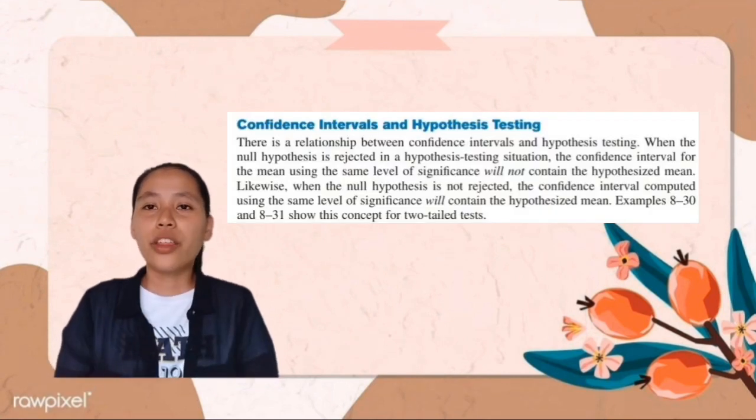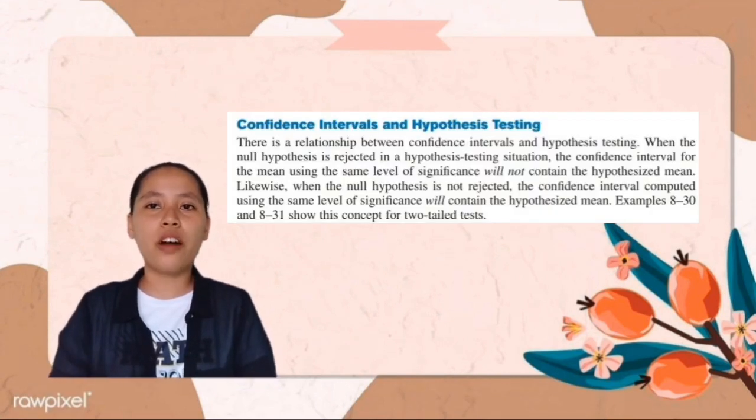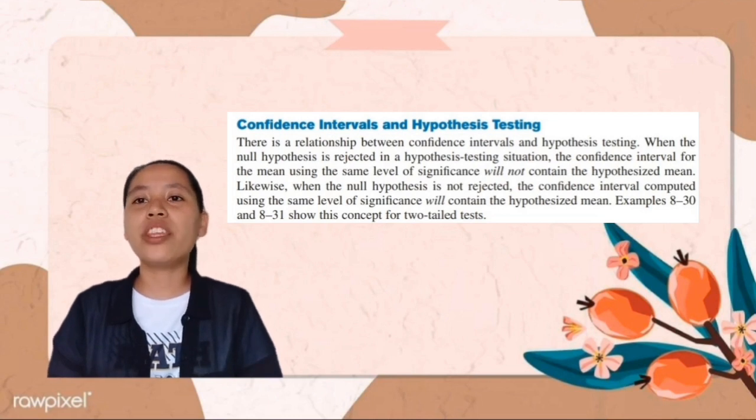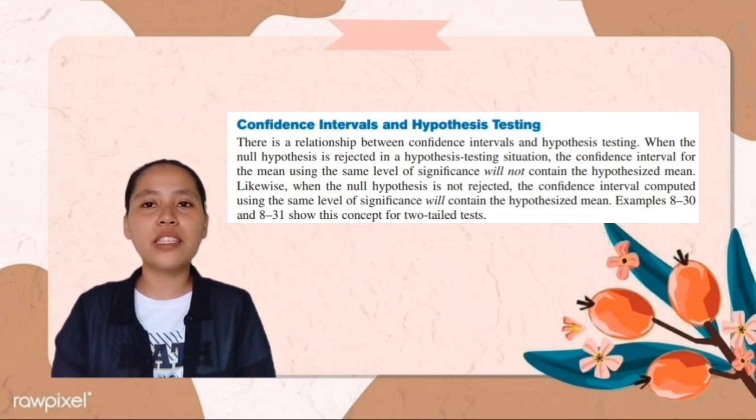In hypothesis testing, there are several other concepts that might be of interest to students in elementary statistics. These topics include the relationship between hypothesis testing and confidence intervals, and some additional information about the type 2 error. There is a relationship between confidence intervals and hypothesis testing. When the null hypothesis is rejected in a hypothesis testing situation, the confidence interval for the mean using the same level of significance will not contain the hypothesized mean. Likewise, when the null hypothesis is not rejected, the confidence interval computed using the same level of significance will contain